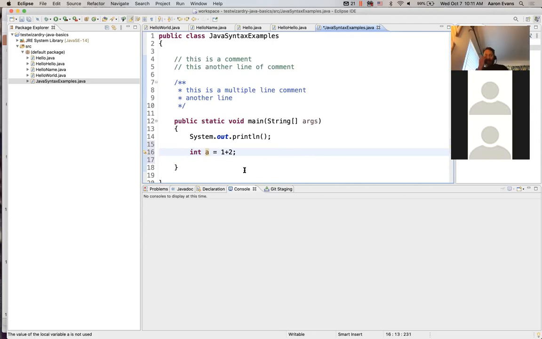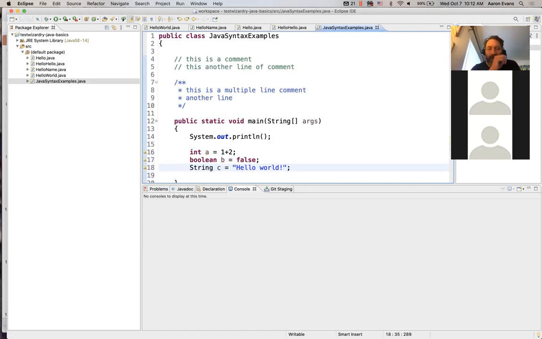So jumping from expressions, I want to show you a few other expressions. I can have boolean b equals false, and I can have String c equals "hello world". I just wanted to introduce a few types. So this expression, 1 + 2, obviously evaluates to 3. False is a statement by itself. 1 is an expression by itself. False is an expression, but we could also do